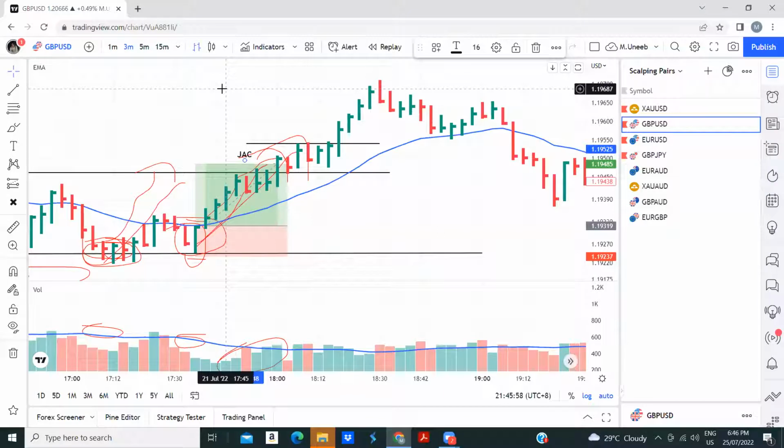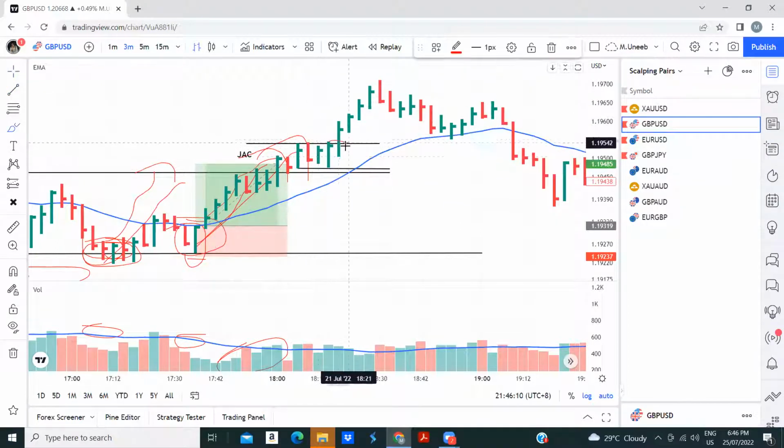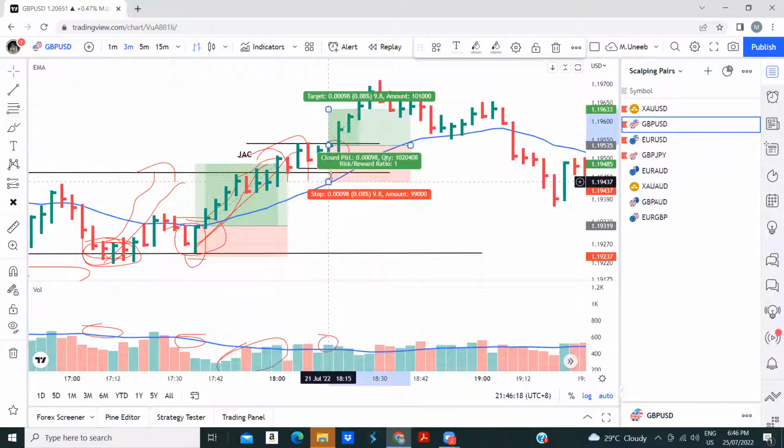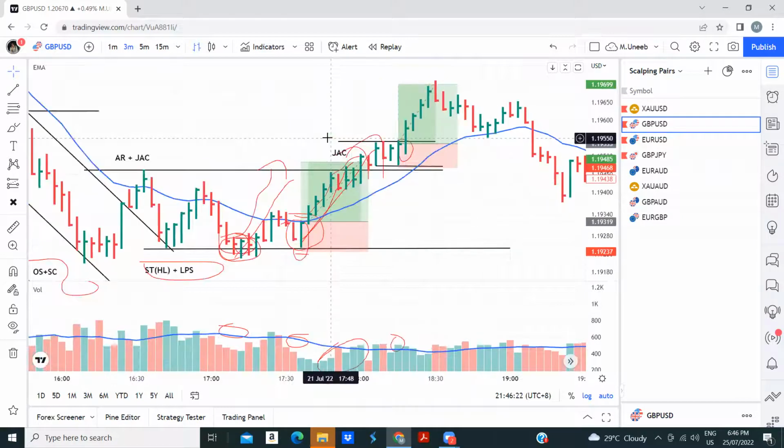Yeah, okay. So here we have JAC. After JAC, the price will reaccumulate. And what happens here? You see another characteristic here. Very price reaccumulating, and you see here. Very easy. Key reversal. You will take this trade, place your stop loss right over here, go for another 2 hours, and that's it. Done.